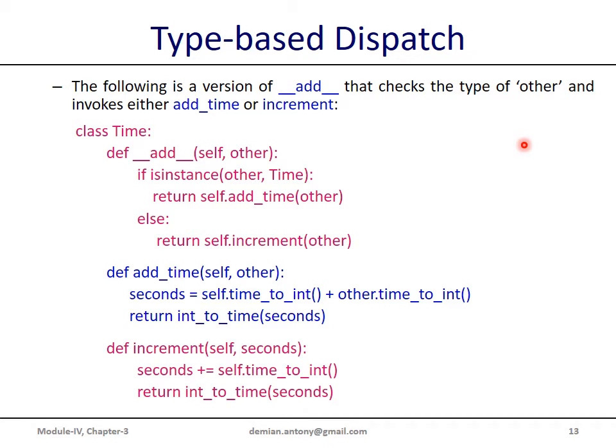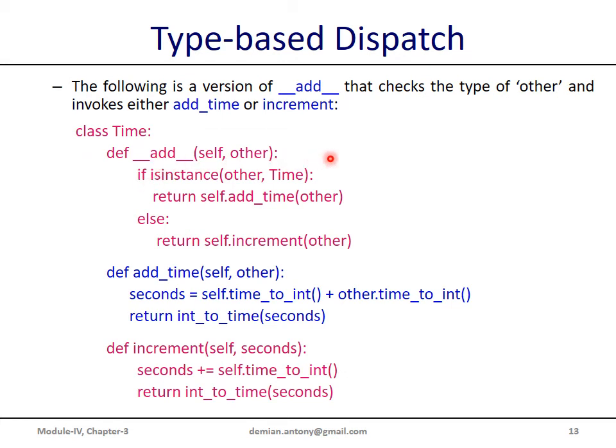Let us understand this concept by taking the time object and the two related methods called add time and increment. We define a class Time with the overloaded method for operator add,